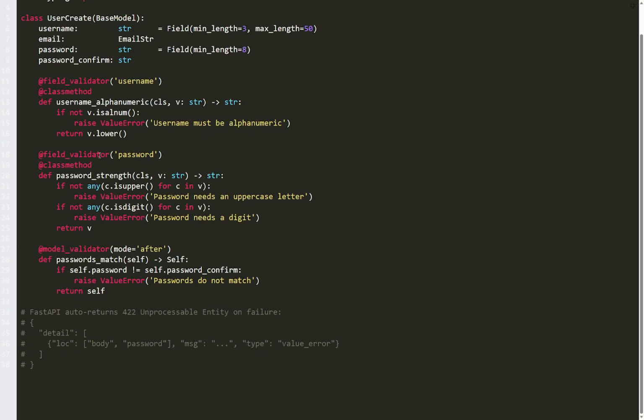A field_validator on password checks password strength: at least one uppercase letter, at least one digit. These are simple rules, but they show you can write arbitrarily complex validation logic. A model_validator with mode equals after runs last, after all individual field validators have passed. At this point, self.password and self.password_confirm are both available as validated values. We compare them. If they don't match, we raise a ValueError, which becomes a proper validation error in the